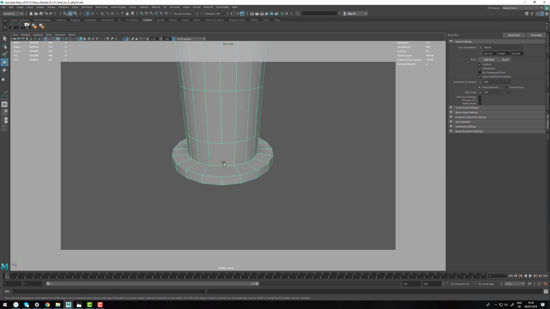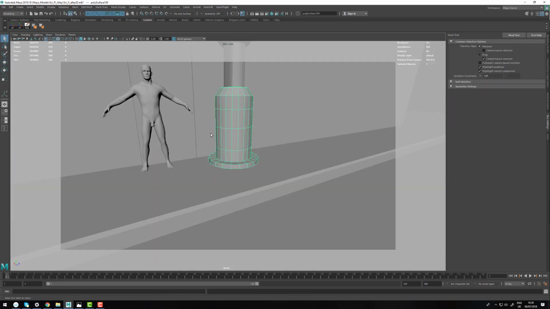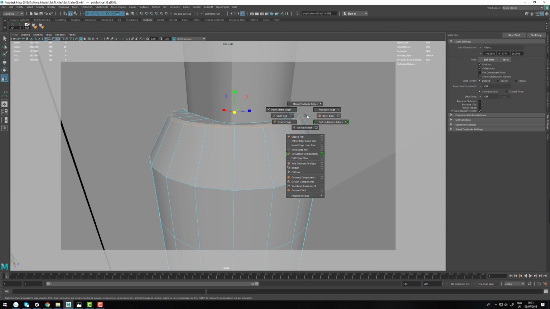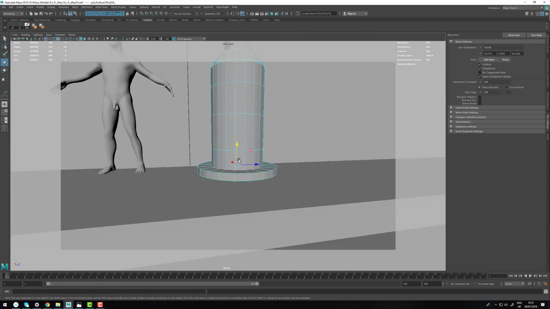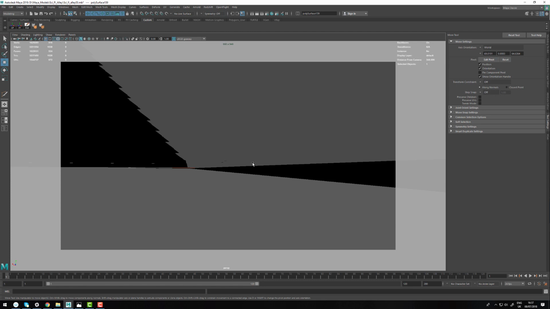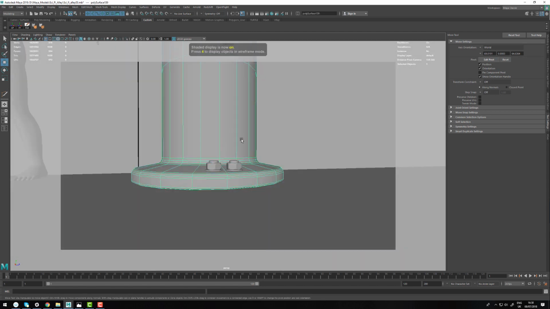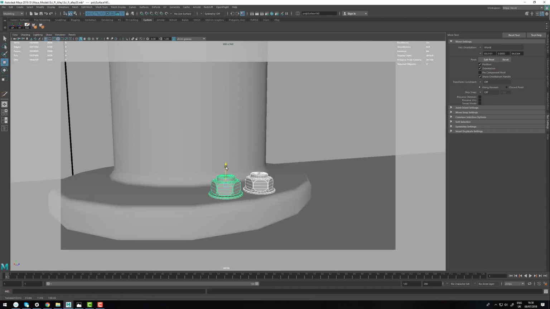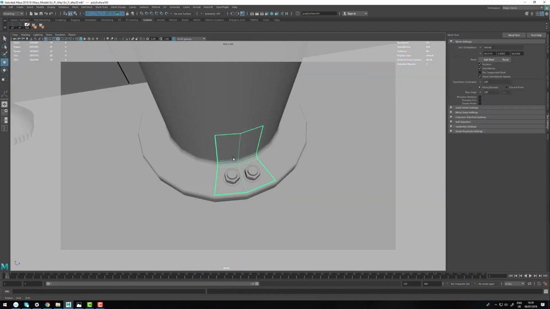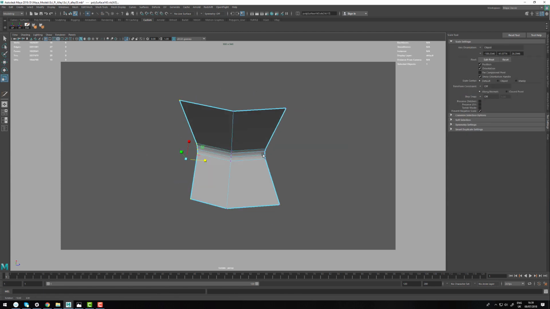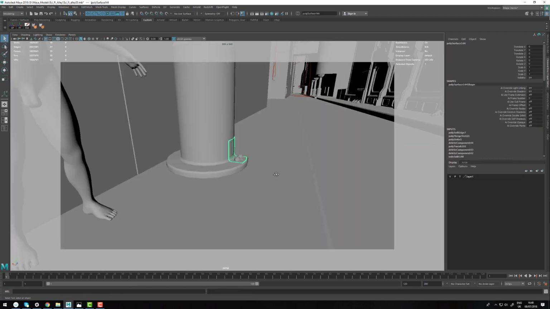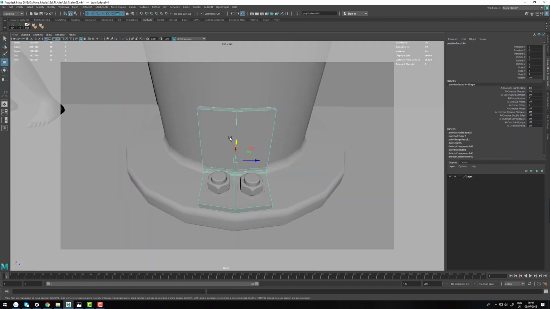There's a very interesting thing that happened at the beginning of this video. I was supposed to connect a couple of edges, and instead of using something like the cut faces tool or split polygon tool and going one by one, I did triangulate, and because the number of edges on the top and the bottom were the same, I then immediately did quadrangulate, which deleted all the diagonal edges but left all the straight ones, which is a great way to get really fast